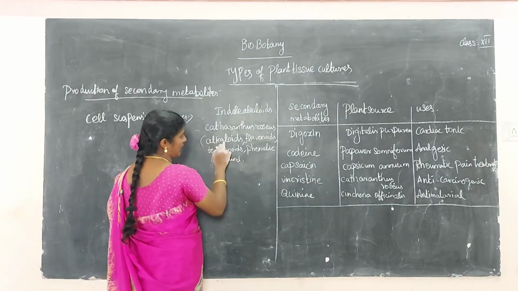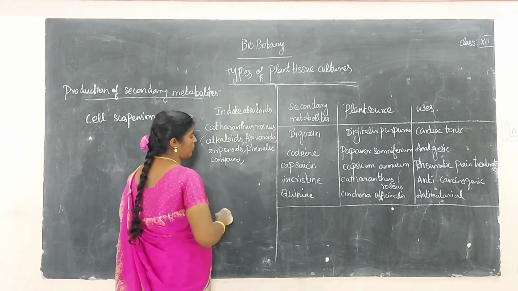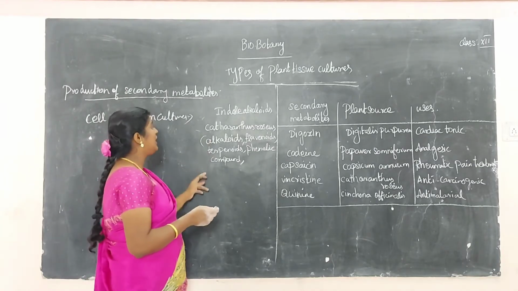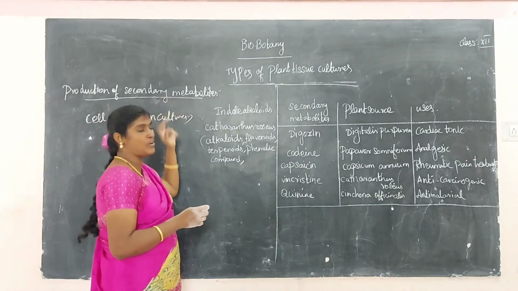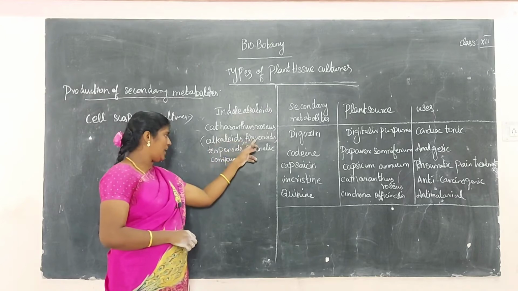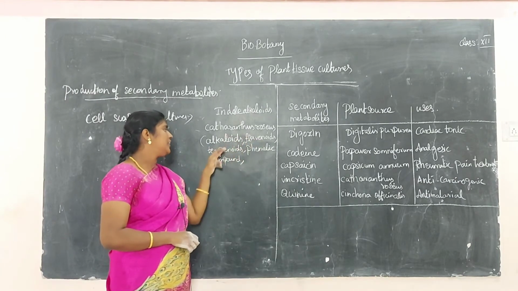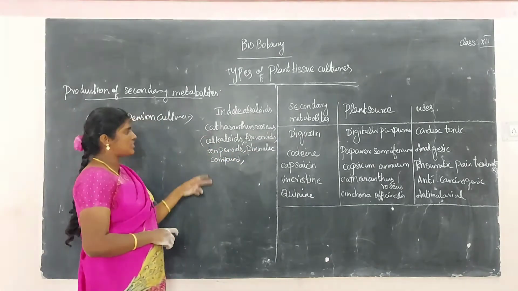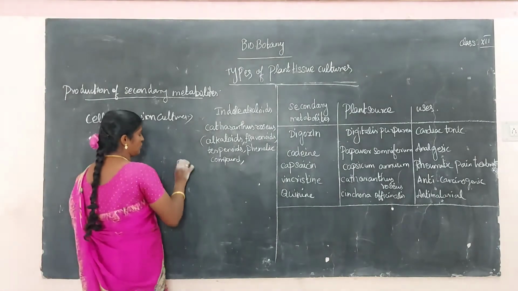The alkaloids, flavonoids, terpenoids, phenolic compounds, and proteins, resistant proteins and also recombinant proteins. So these are all the chemical compounds. This is commonly called secondary metabolites. What are secondary metabolites? These are the chemical compounds: alkaloid, flavonoid, terpenoid, phenolic compound. These chemical compounds are obtained from the plant byproduct.